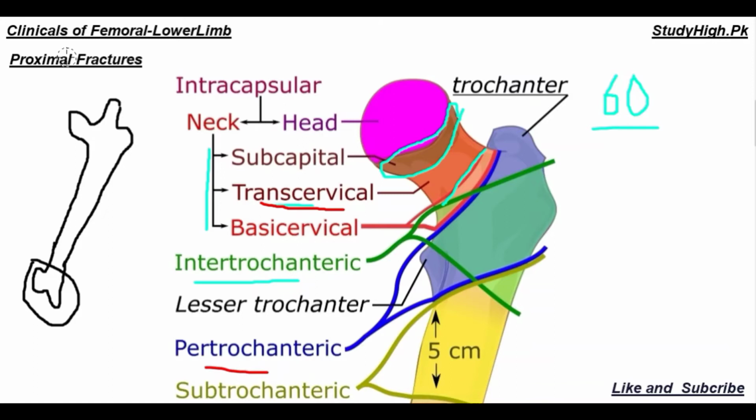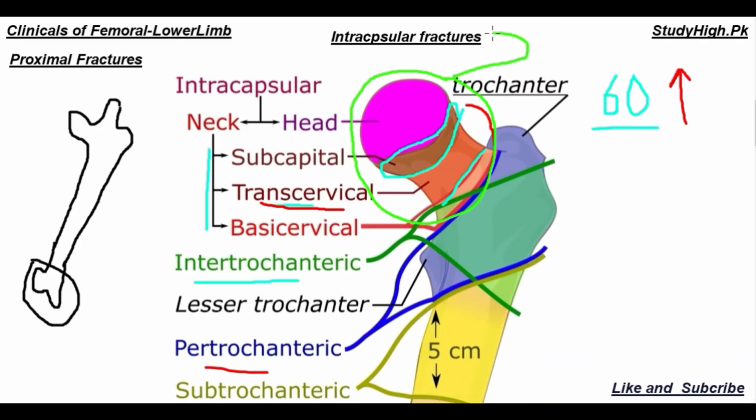The second important thing that you must remember is that this fracture related to the neck most commonly occurs in older patients of 60 years or above, or women suffering from osteoporosis or having weakened bones. So this does not occur mostly in young adults. All those fractures in the area of the femur that are involved in the formation of the hip joint are called intracapsular fractures of the femoral head or hip bone.